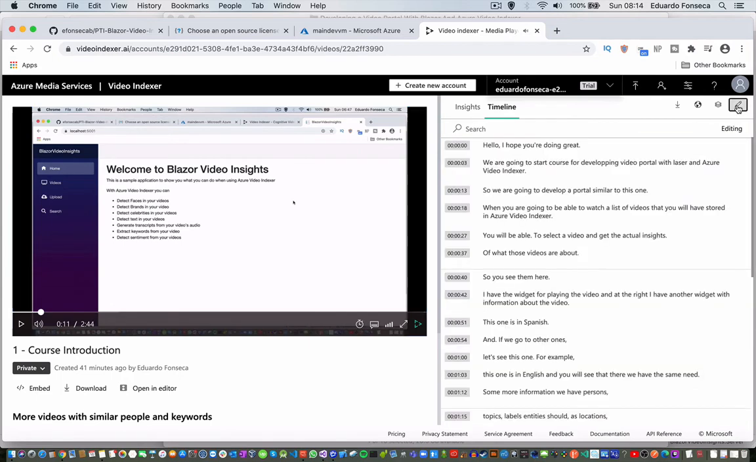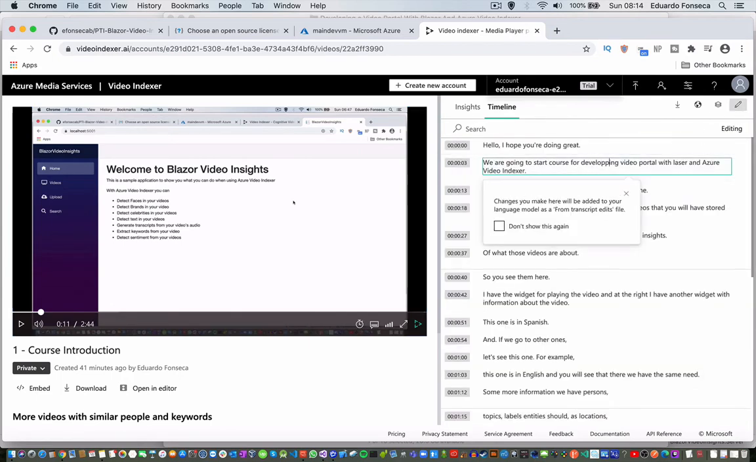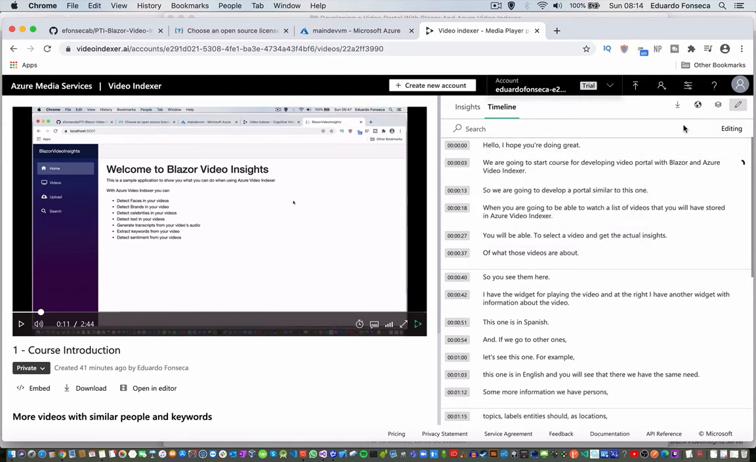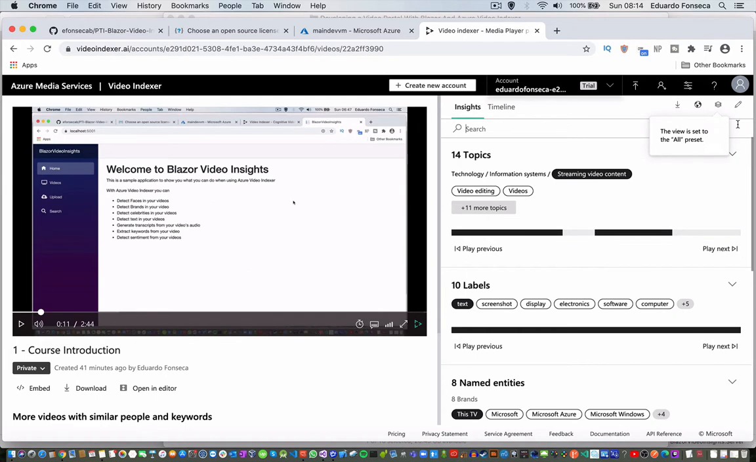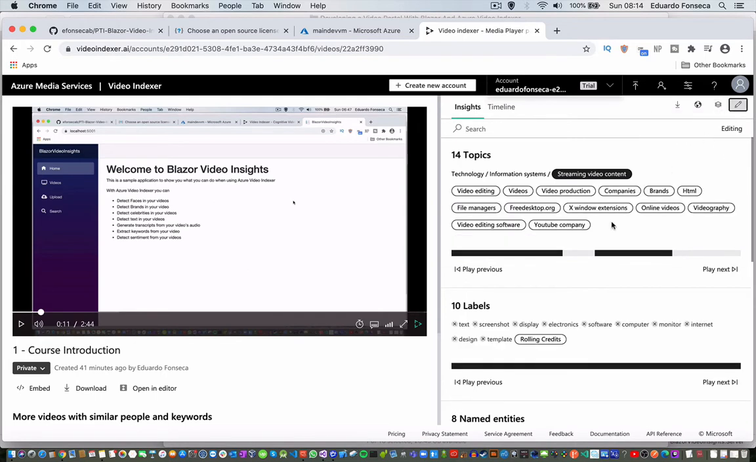Okay, so we fix these words. Yeah, I believe it's only one. This one actually didn't recognize my pronunciation. Blazor doesn't seem to be a really common word yet, so it probably needs to be added. Yeah, so we already did that, and we can keep seeing our insights, and we can actually modify some of